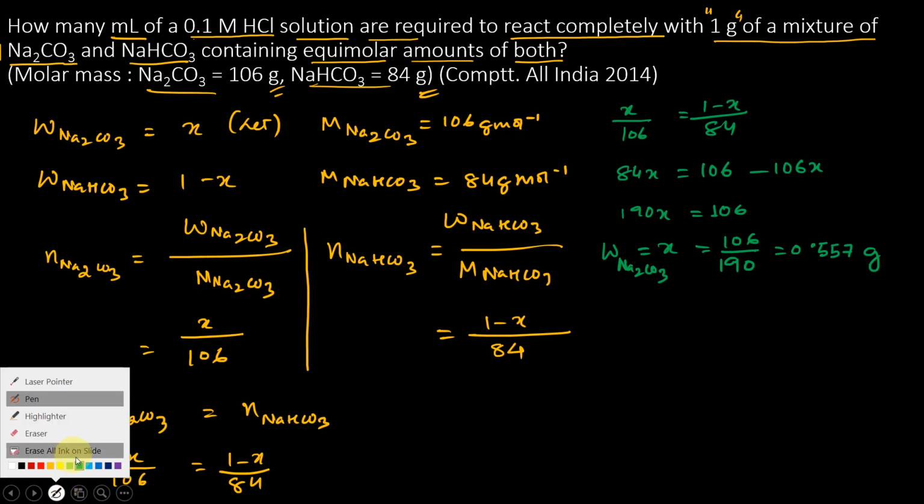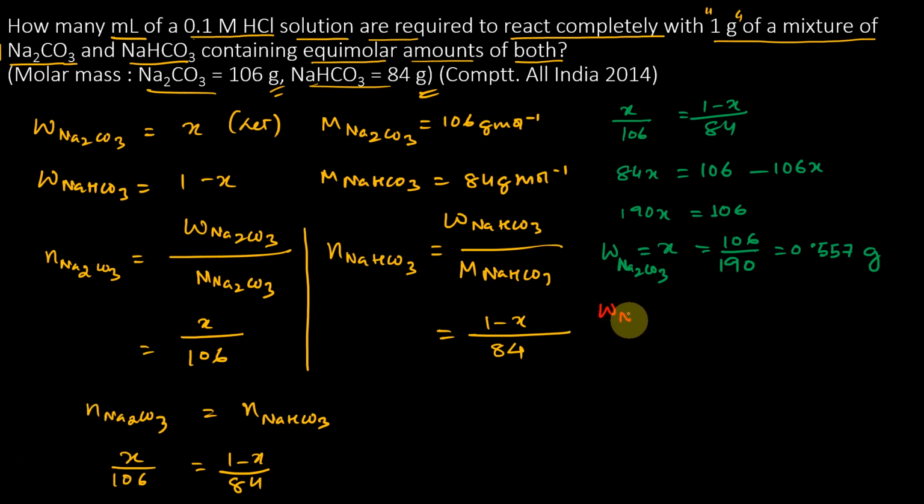तो ऑल राइट, तो वेट ऑफ कुछ और निकाल लेते हैं. द वेट ऑफ NaHCO3 कितना निकलेगा? इट विल बी 1 माइनस एक्स. सो इट इज गोइंग टू बी 1 माइनस एक्स. एक्स मतलब 0.557. सो इट इज गोइंग टू बी 0.443. ओके. So it is going to be 0.443. Clear, everyone? No issue with that, correct?